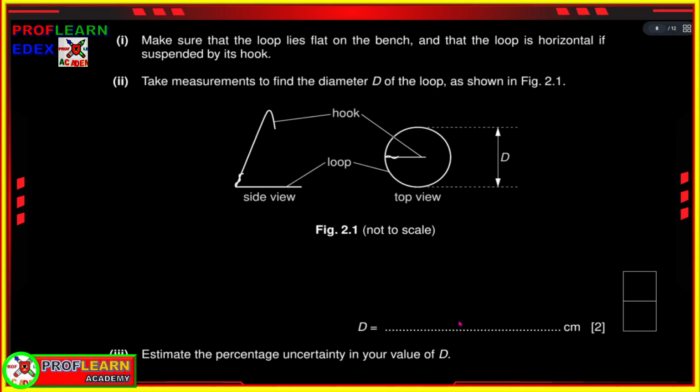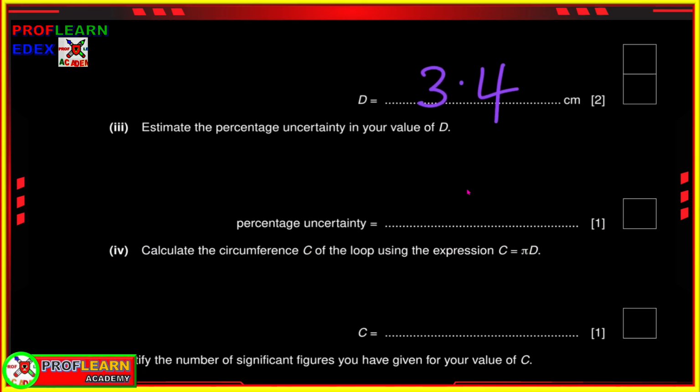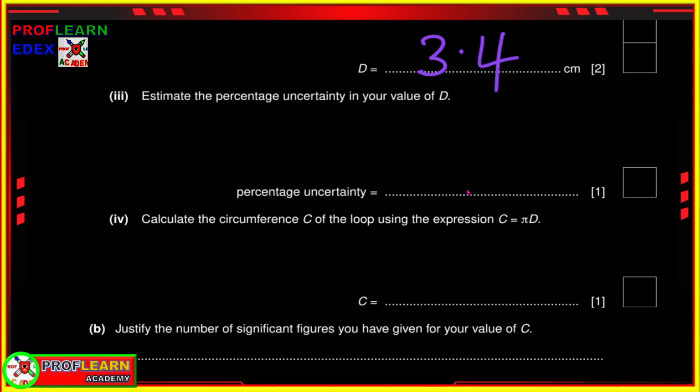But whenever you are measuring, maybe if you measure it to be 3.4, you have to say point so that you can be able to earn your marks. Now estimate the percentage uncertainty. This is the question that I really need to stress on, so that you are not going to make the worst mistake